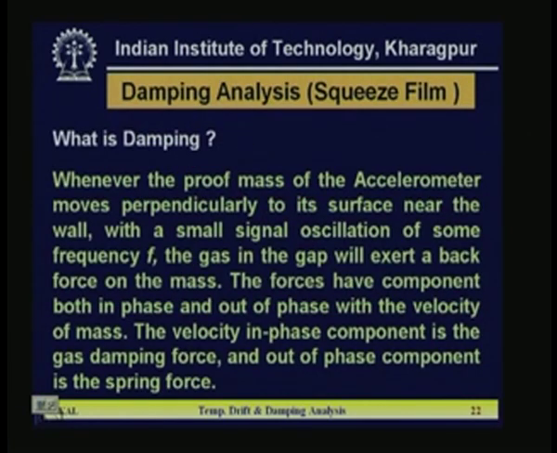Now, the second point is the damping analysis. First we have to know what the damping is and what kind of damping we are going to use in this particular sensor. And we are going to use squeeze film damping. Squeeze film damping means a gap between your sensing element and the fixed plate at the bottom will be maintained, and because of the movement of the probe mass, the gap is going to change, and the film means air or whatever thing you allow in between the sensing element and the bottom or top plate, that is going to squeeze, and that will create a pressure